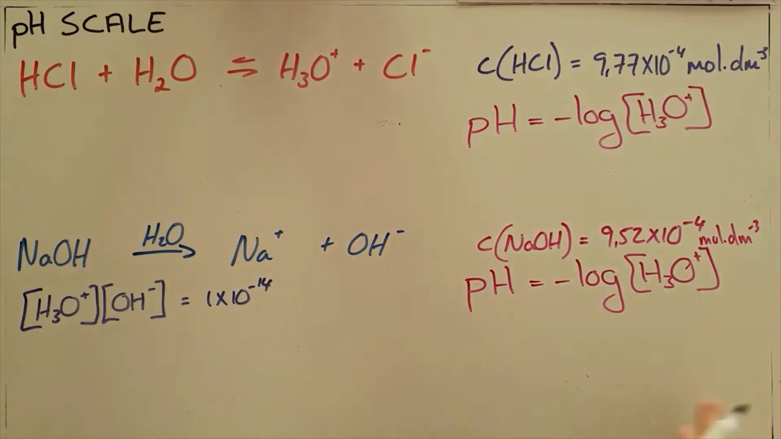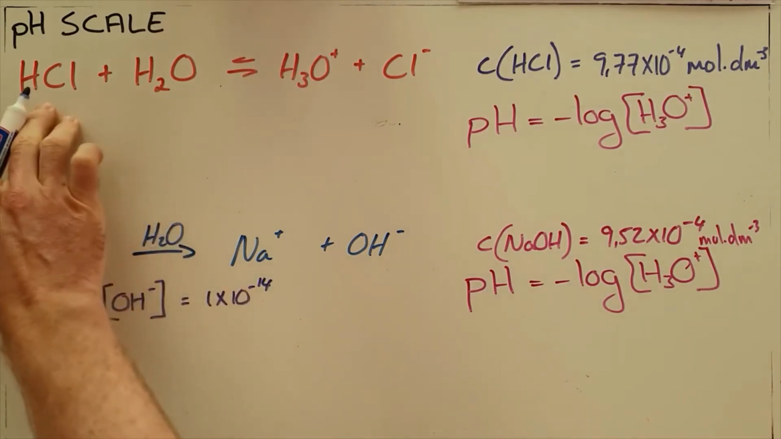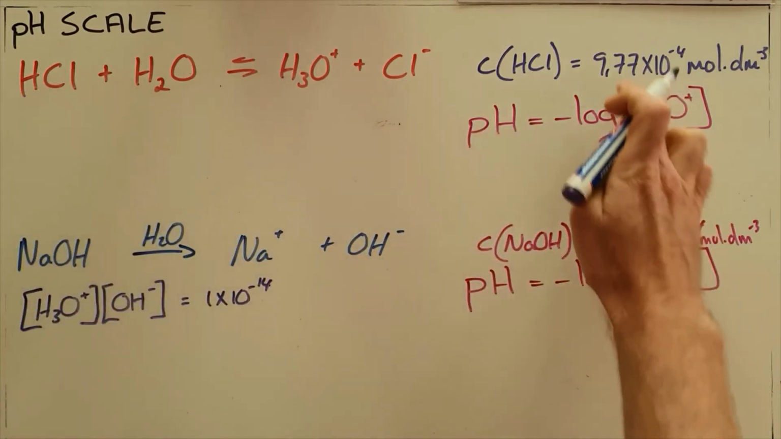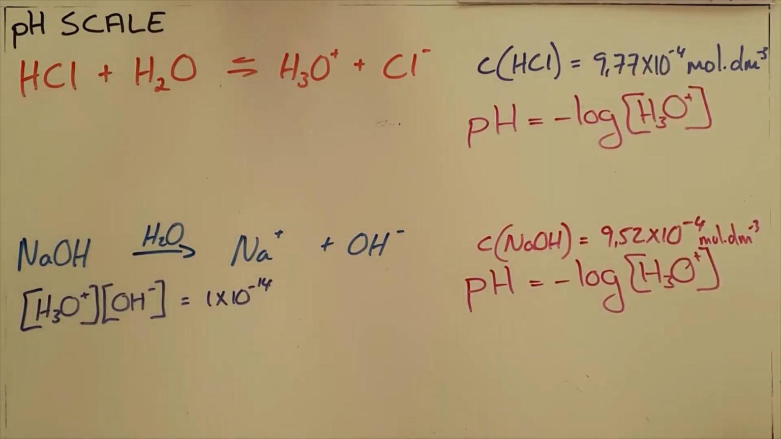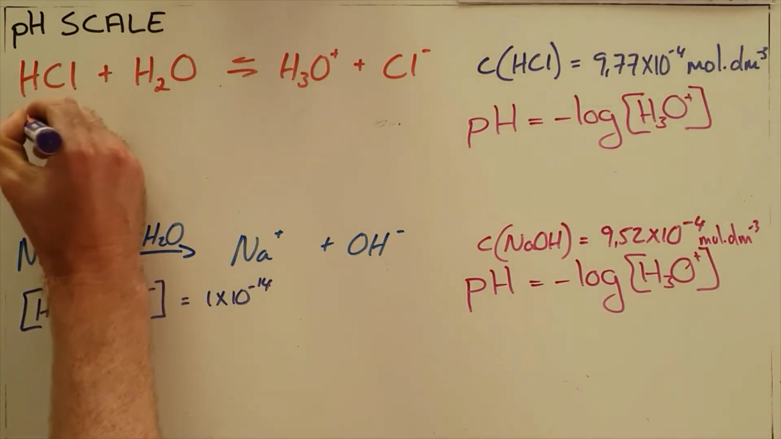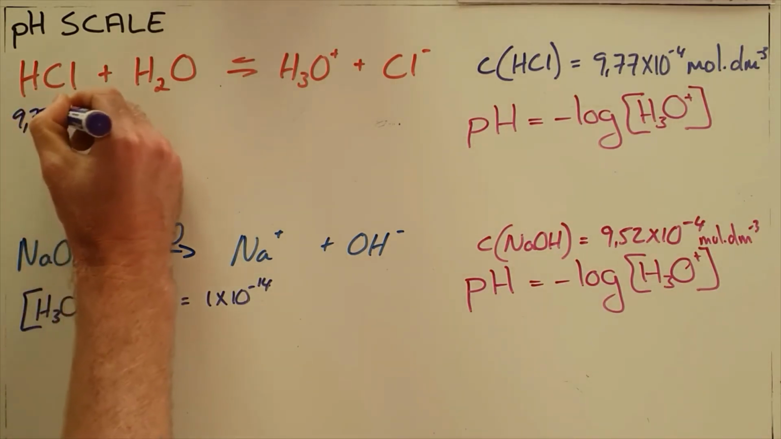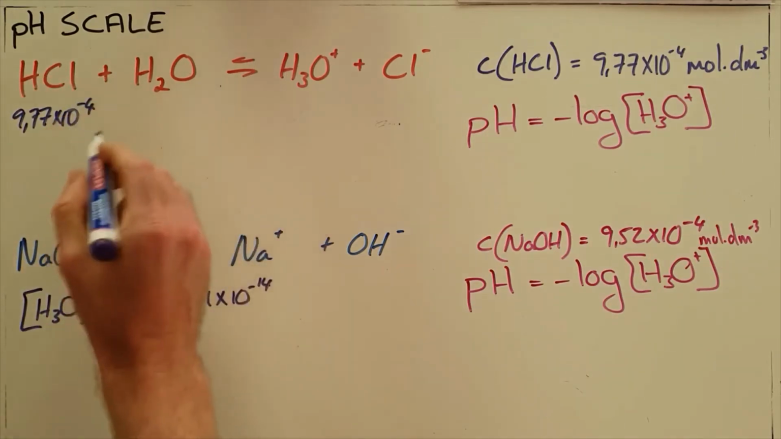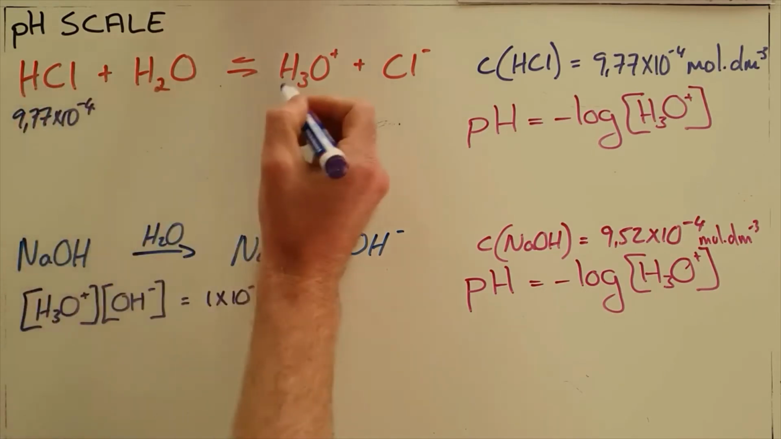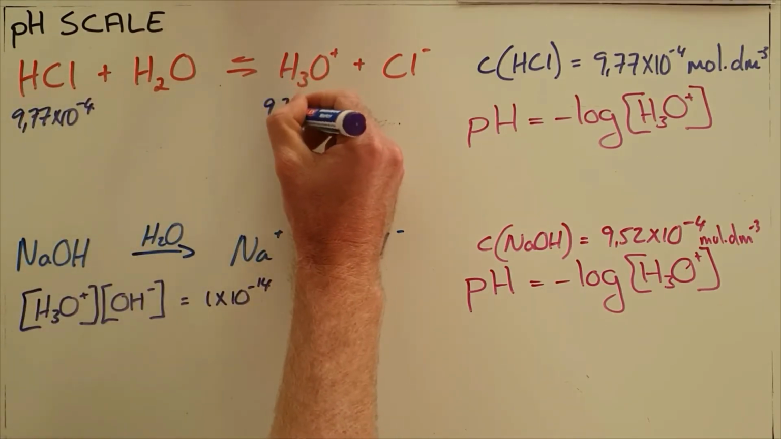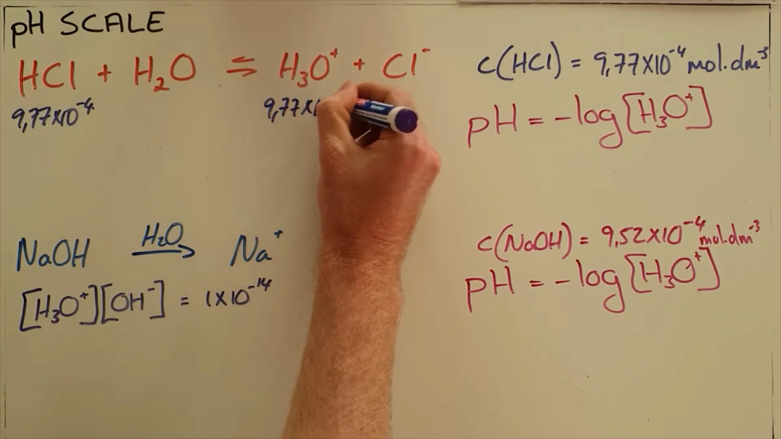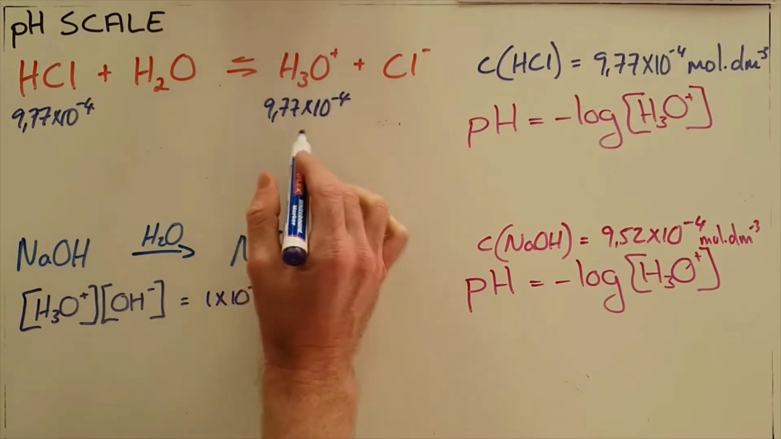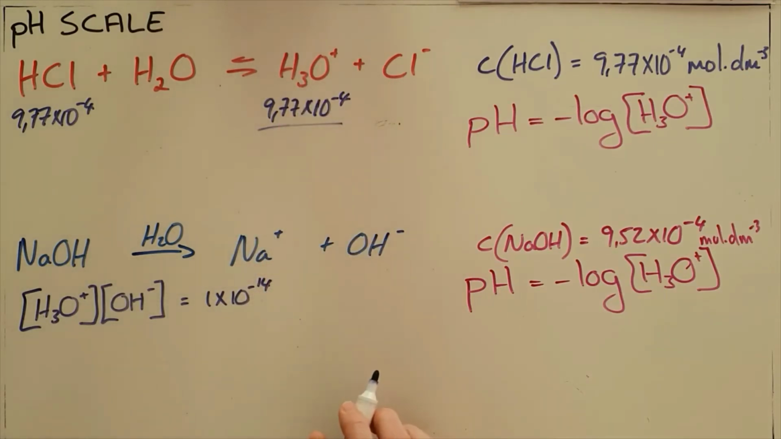So our most simple example is we are given a strong acid. We are told hydrochloric acid is added to water, and that has a concentration of 9.77 times 10 to the minus 4 moles per cubic decimeter. Now, since we know that strong acids are acids that dissociate completely in water, and hydrochloric acid is a strong acid, that means that since the ratio of hydrochloric acid to hydronium is 1 to 1, there must be 9.77 times 10 to the minus 4 moles per cubic decimeter of hydronium present in the solution,